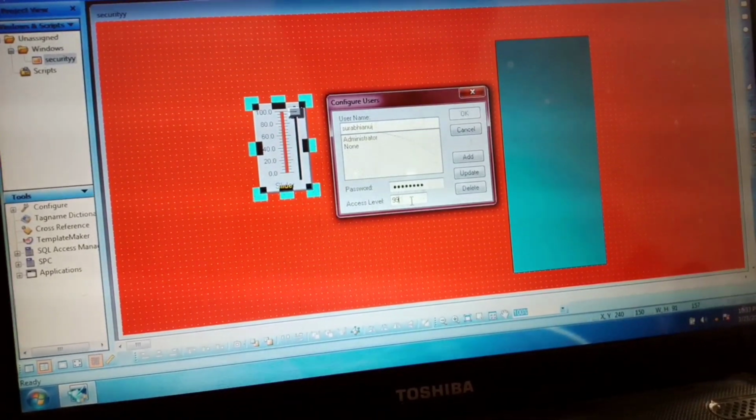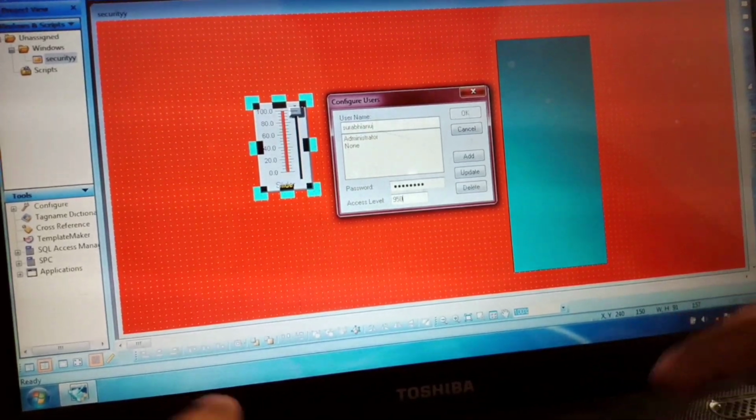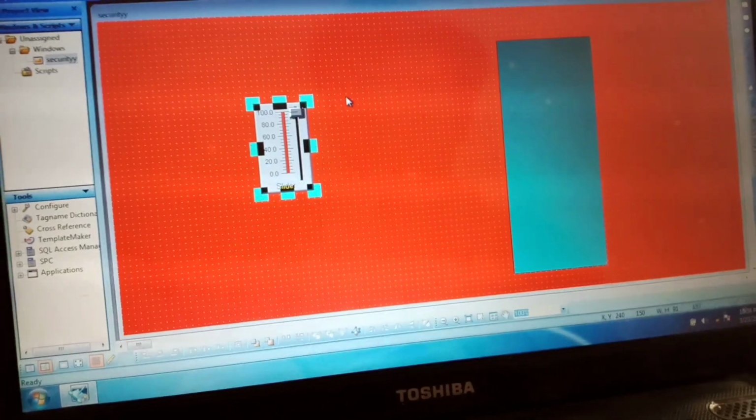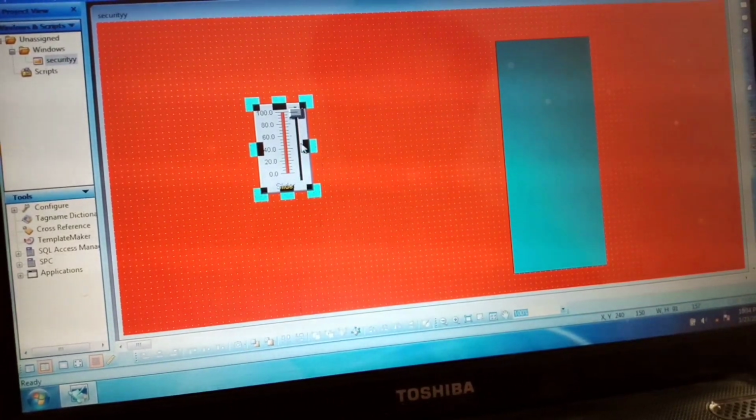You can create any; I am taking 9506, and then click on add. Okay, this username and password will be created.